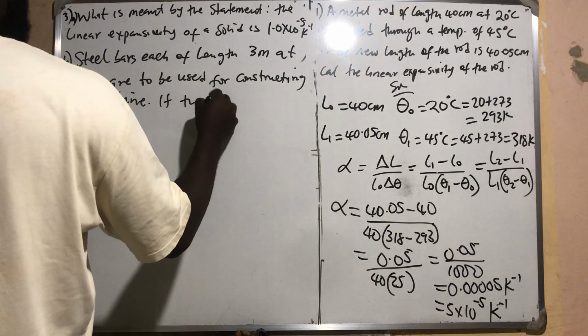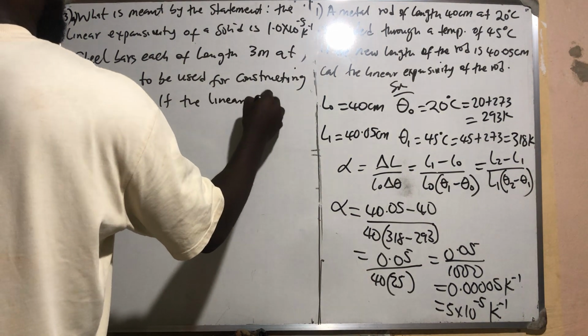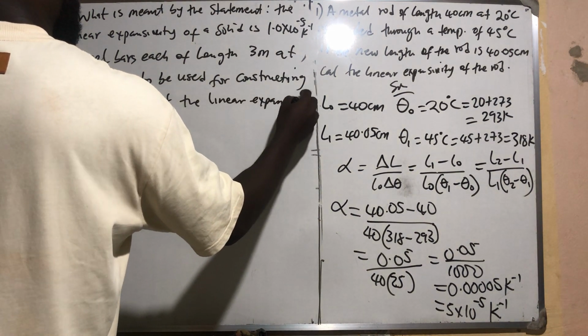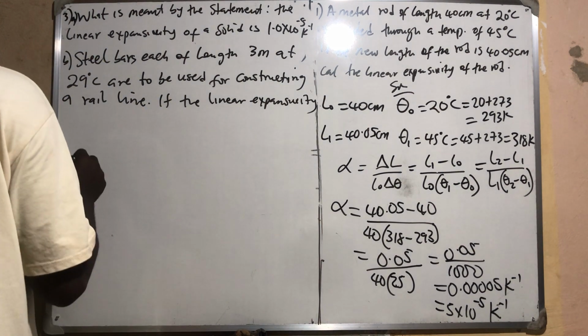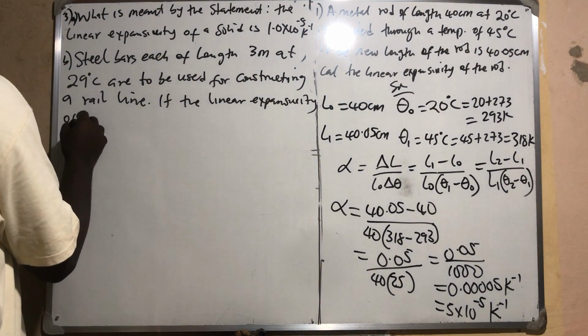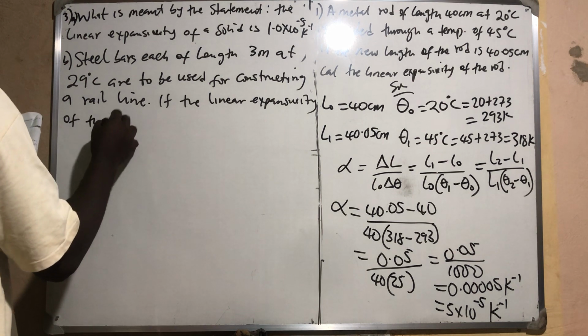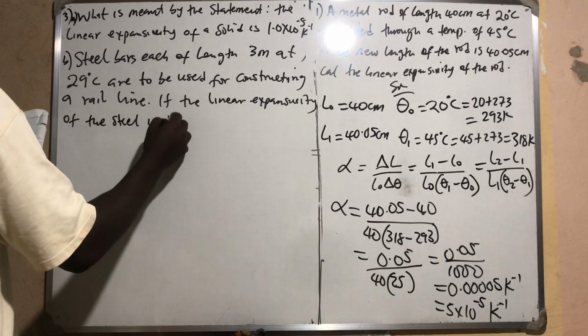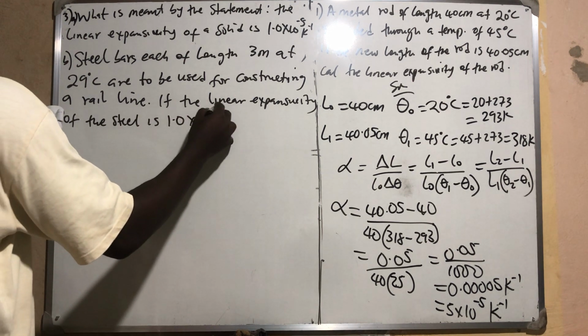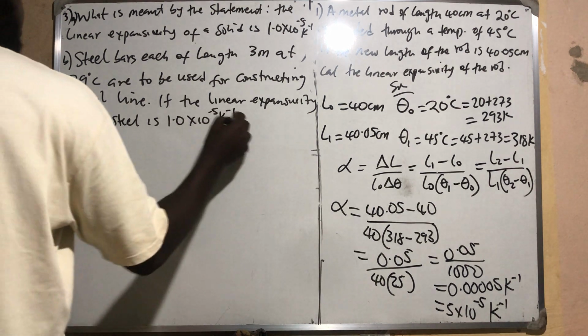If the linear expansivity of the steel is 1.0 times 10 raised power minus 5 per Kelvin, then